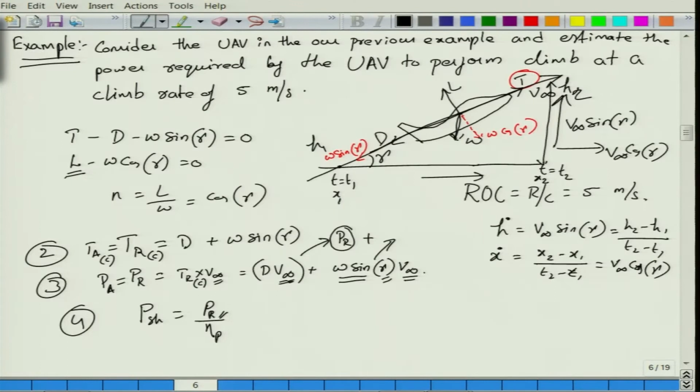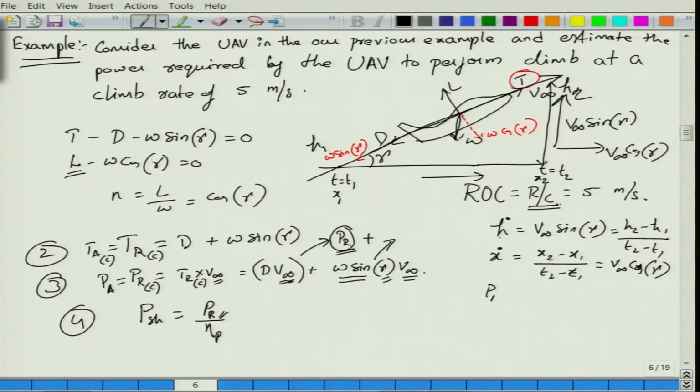Fine. Now, say you are given the information about rate of climb, R by C. Can we directly use that rate of climb to find out the power required? One way to do that is from the above equation. This is the power required for climb, PRC here, right. Now this PR stands for power required for level flight. Well, let us keep the same flavor of this PR that we used for the level flight condition.